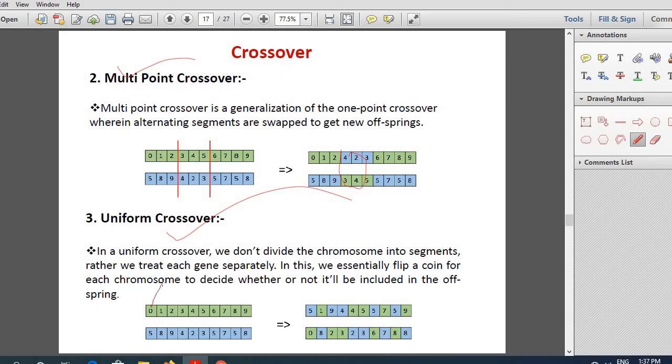Based on that you decide whether this should be kept like this or it should be taken from the other parent. When you flip the coin, the decision came that this should be changed. So look here, 5 was brought. For the second one, the flipping of the coin showed that 1 should be there in the offspring. So 1 remained like that. So each of the genes will be considered.